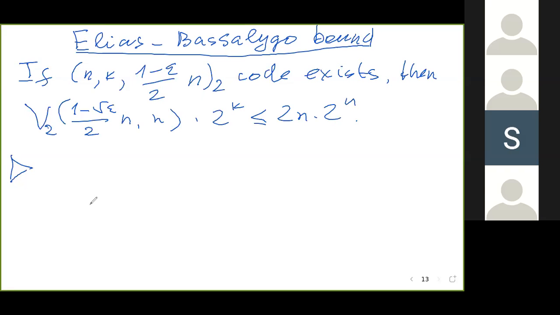And this is because of the following thing. Assume that such a code exists. Then by Johnson bound, that code, let's call it C,